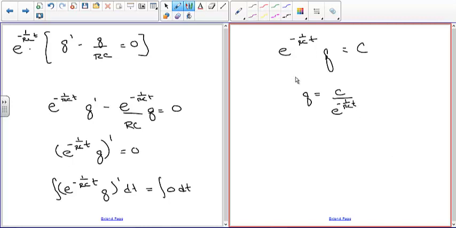Okay, so that's the solution. As a function of time, q is equal to c divided by e to the minus 1 over RC t. Now, we have to apply our initial condition to get the final solution. So the initial condition is that at t equals 0, q is equal to the original amount of charge on the